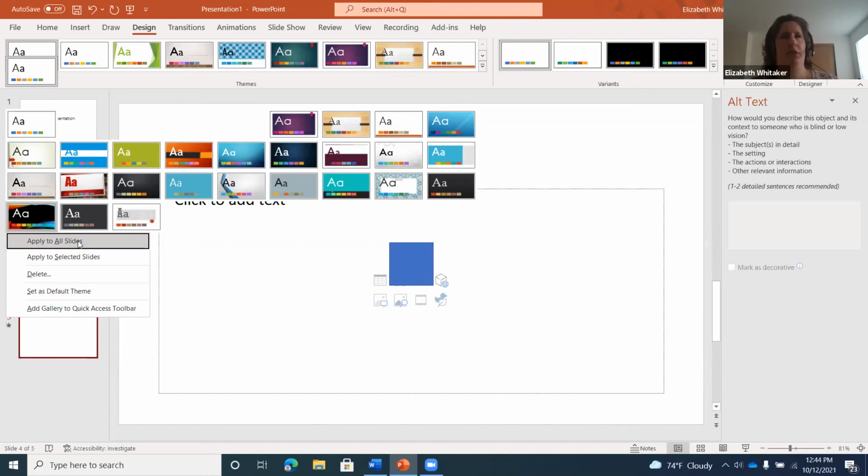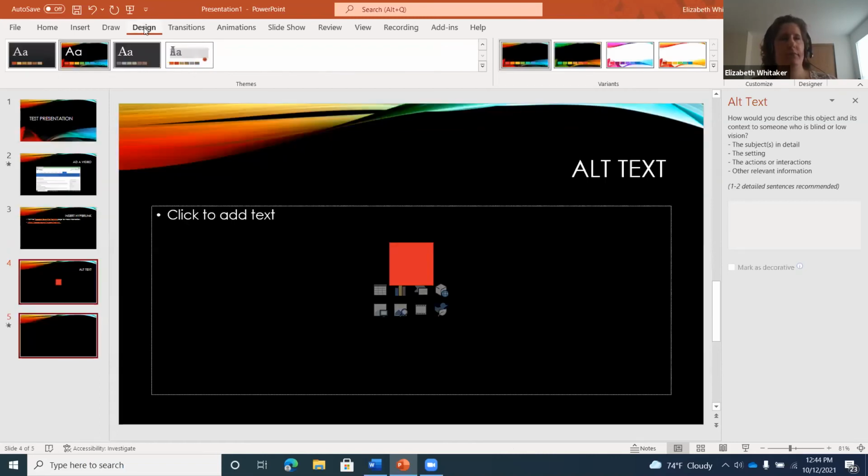So if I wanted to apply this theme here, I'm not going to do that because I'm really not sure what this theme looks like. And I'll get to that in just a second. But here, let's go ahead and press enter. Leaving menus. Presentation 1 PowerPoint. And there we go. It should apply that theme to all of those slides. All right. So for animations,